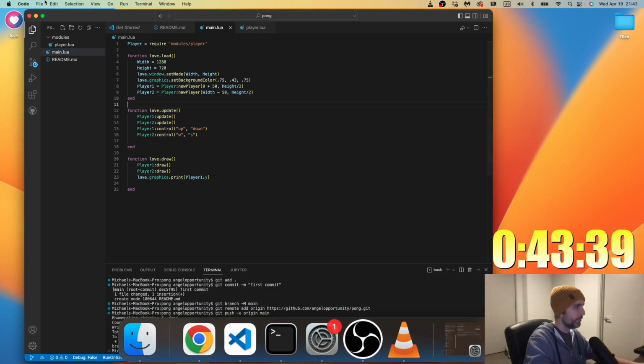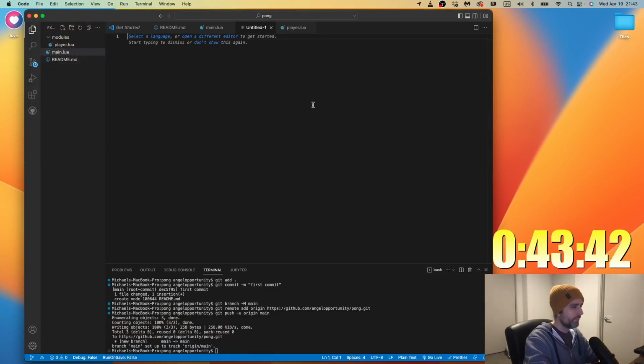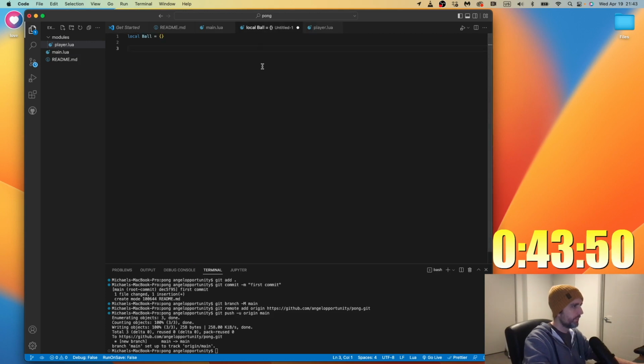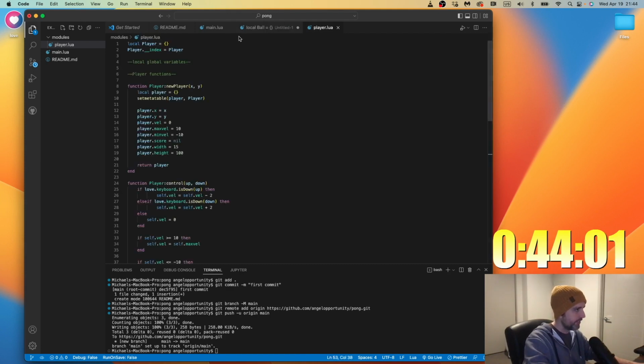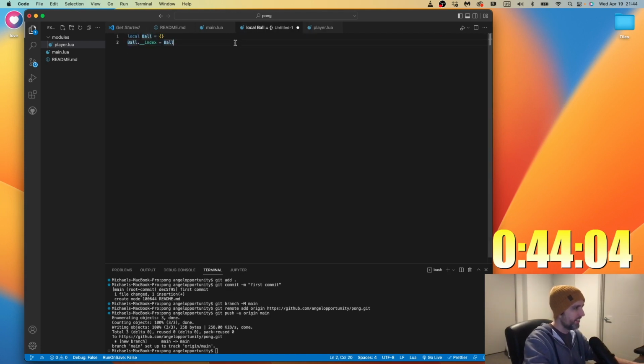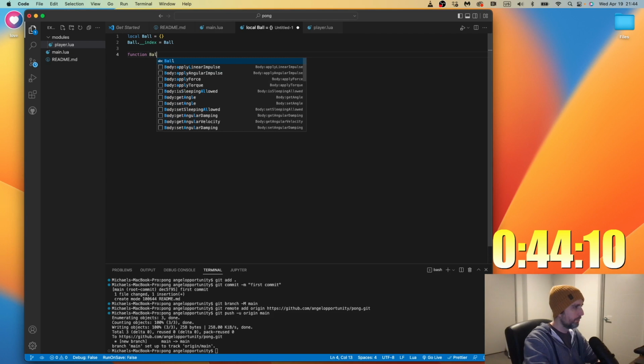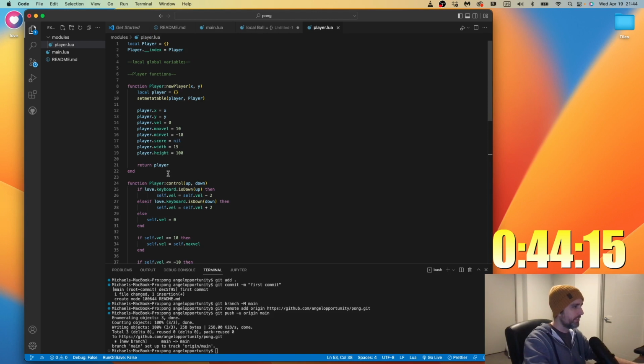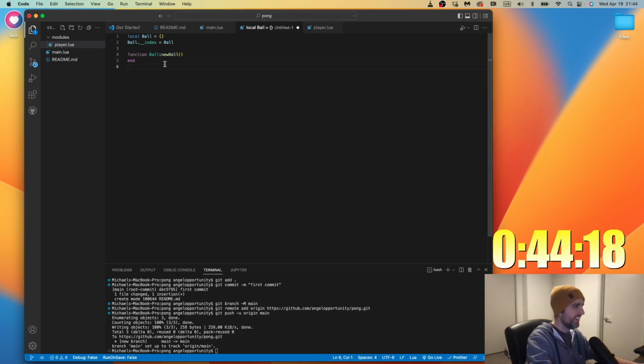So we're going to make a new module for the ball. This is like something you just need to memorize, and I never quite memorize it perfectly. Okay. Function ball, new ball. Like really, there's no reason not to, we've got the code.